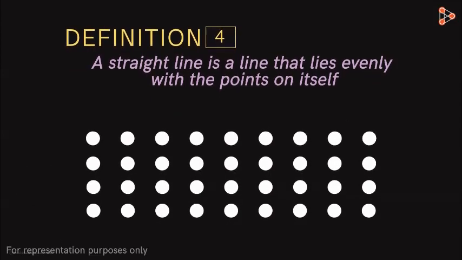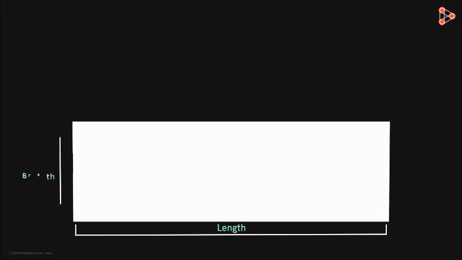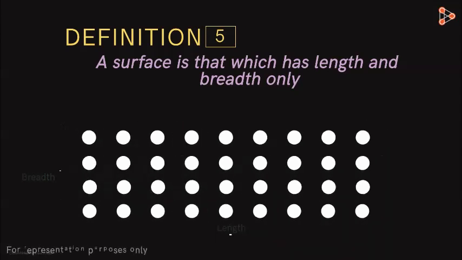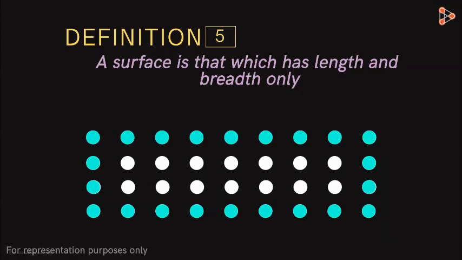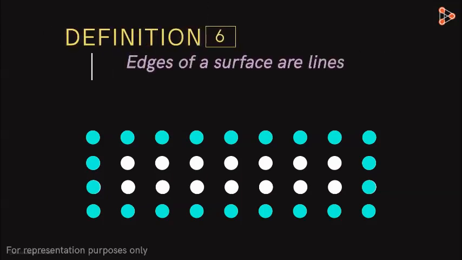Now, let's place a series of similar lines beside our line. When we do that, we see that the resultant pattern covers an area and has a length as well as a breadth. This is the geometric definition for a surface. Euclid defined surface in the following way. A surface is that which has length and breadth only. If we look closely at the edges of the surface, we will find that the boundaries of the surface are nothing but lines. So we can say that the edges of a surface are lines.